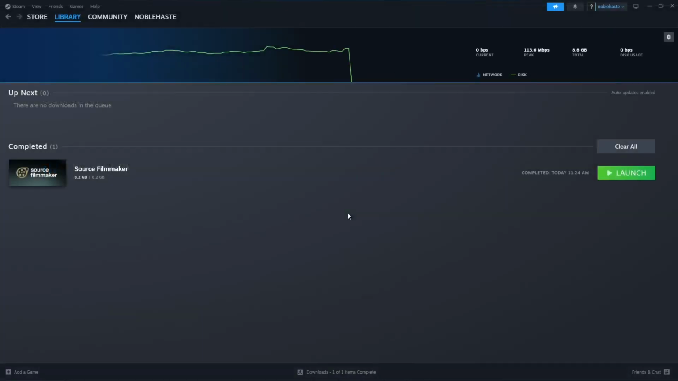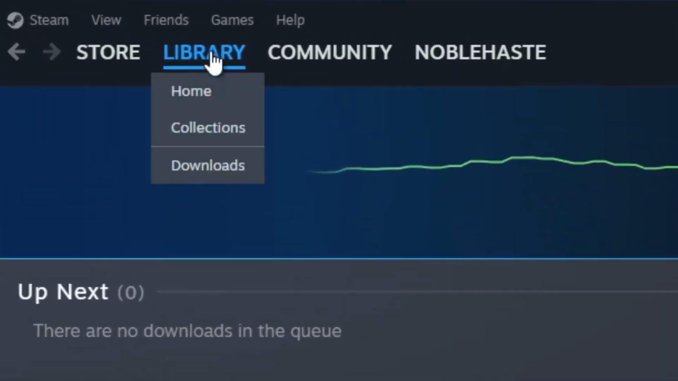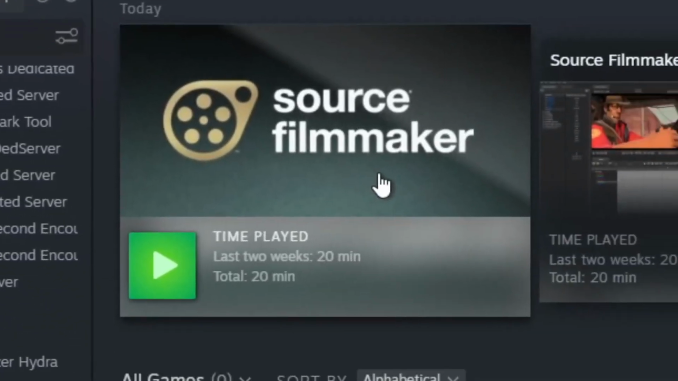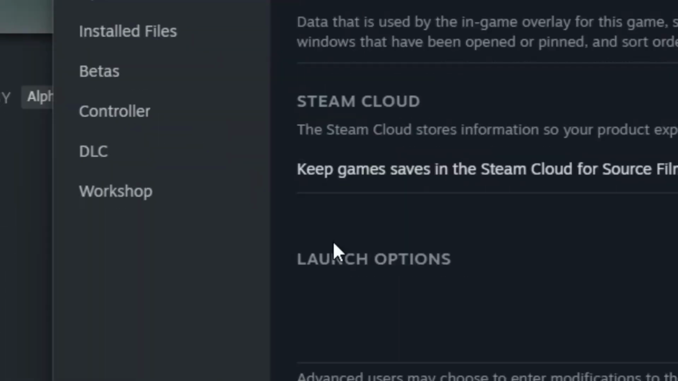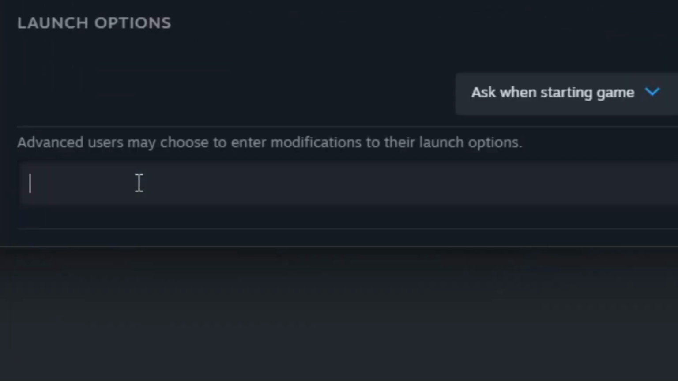Due to the age of this software, when the installation is complete, we will need to write 2 commands before starting the program. Over on the top left, click Library. Then over on the Source Filmmaker thumbnail, right-click it and click Properties. In the text box that states Advanced Users above, enter the following command: -use VGUI,